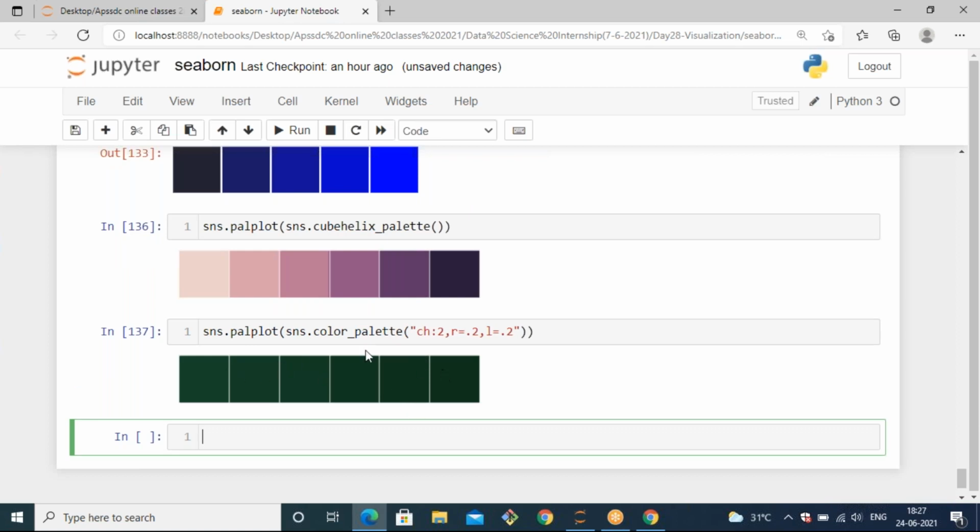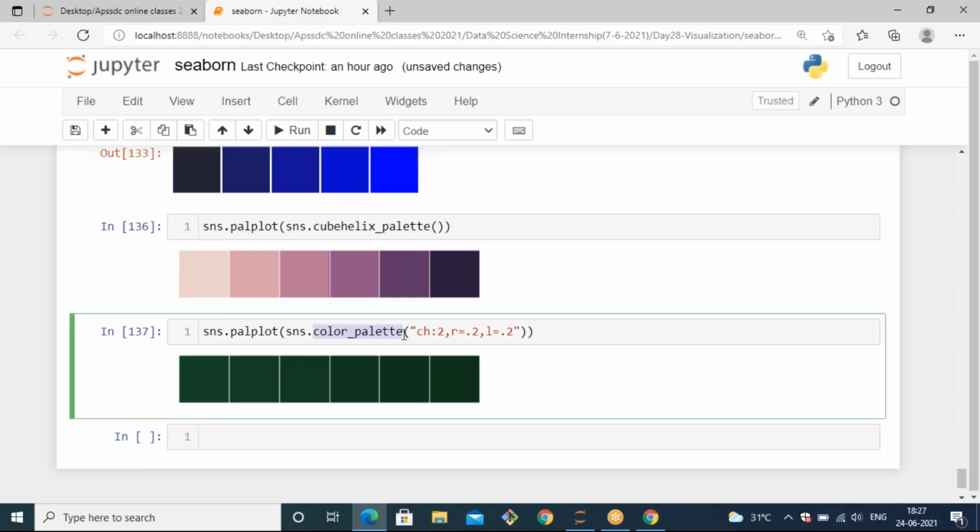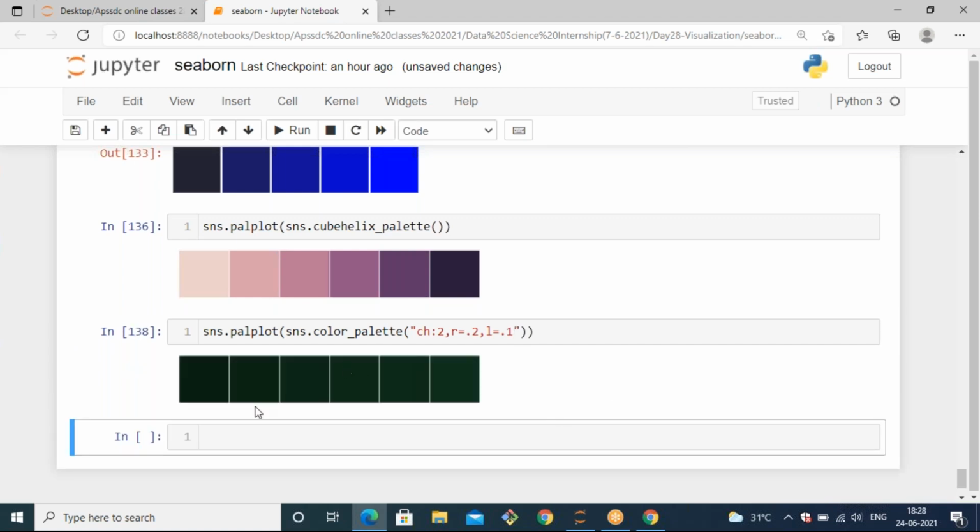So that means the color palette will generate only light to low, low to high or high to low. In those cases you can observe low to high or high to low, but sometimes if you want to generate colors with the same kind of possibilities, that means all the time you want to go only dark, you can specify the right and left side intensities. So if I change my light L value as 1, again you can observe on the right side you can get only dark values, and on the left side you will get dark values, and on the right side you will get some color variation.